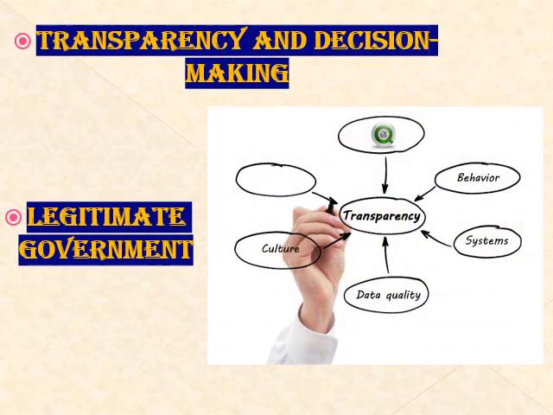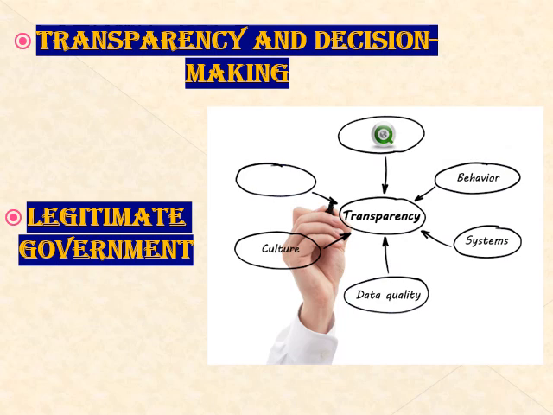Next political outcome is transparency in decision making. Okay, transparency means openness, communication and accountability of the government. It means that government should operate in such a way that it is easy for citizens to see what's going on in a country, what actions are performed while decision making. Yes students, where the government has taken wrong steps, definitely we can interfere and ask the government what is this. Okay students, transparency is considered missing in non-democratic government. Yes students, in a non-democratic form of government we have no right to ask anything of the government.